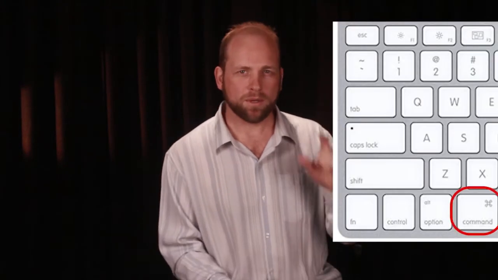The first one I'm going to talk about is switching between programs. This is one of the most important shortcuts that you should learn, and it's going to save you heaps of time. On a Mac, we press Command and Tab, and that'll switch between programs. But there's an extra one which a lot of people don't know, and that is to press Command and the tilde key, which is just the key above the tab. What that actually does is it switches